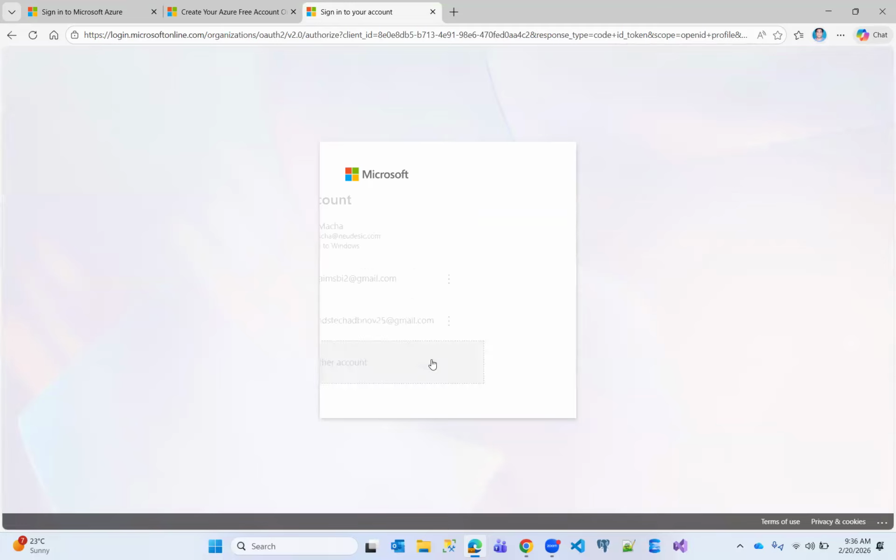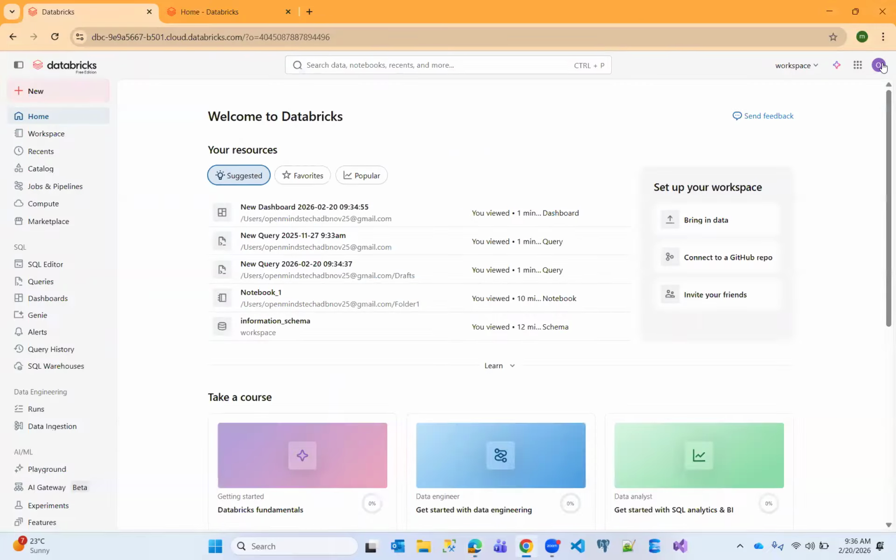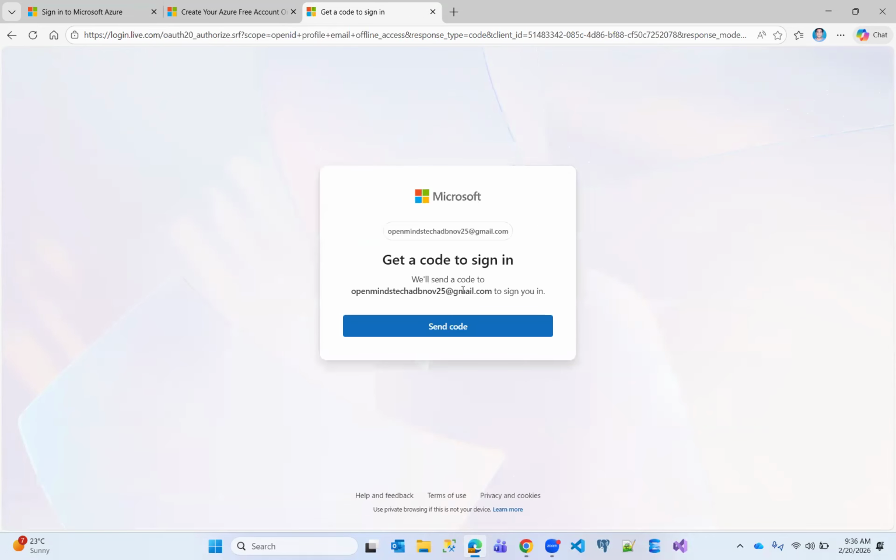And then if you have any new mail ID, we can just try to use it. Or if you have already signed in, you can use that. So in my case, I want to use some new mail ID. So the mail ID will be this, and